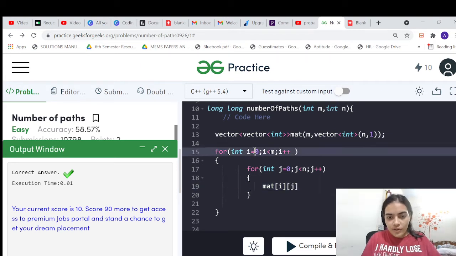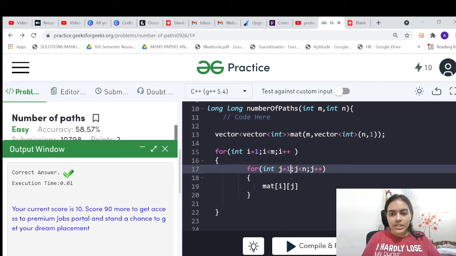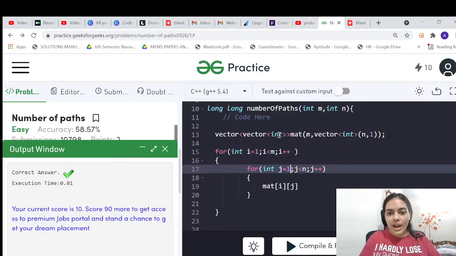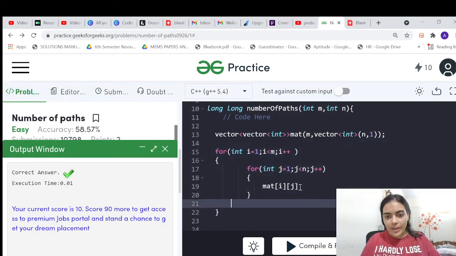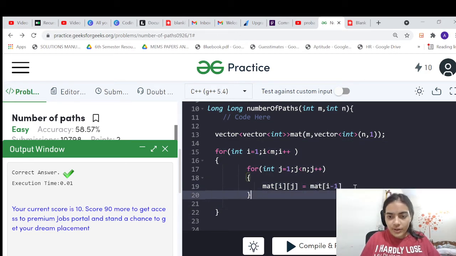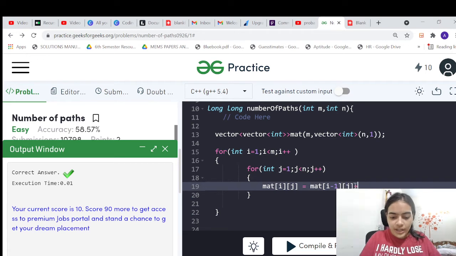By the way, it will not start from 0 0, because it will start from 1 1, because you have already made all the green color values as 1. You need not do anything. To find the blue color values, you need to iterate and use this particular loop. To find that, you can just reference your neighbors. You can reference your top neighbor and your left neighbor.